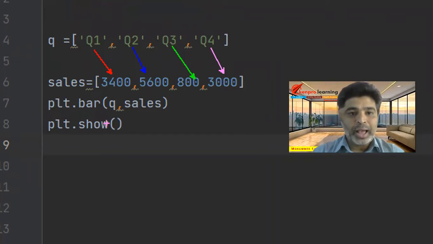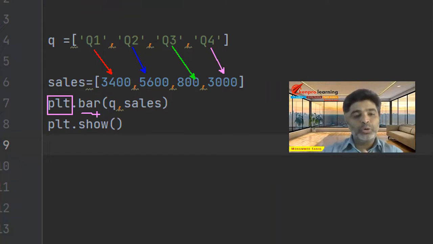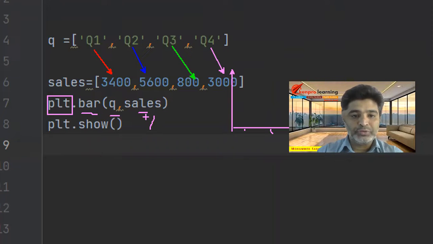I've just taken this, and for creating the chart, I have referred to plt, which is the alias of the matplotlib.pyplot library, and it has a method called bar. The bar method is going to create what type of chart? I want to create a bar chart here. Then I'm passing two pieces of information. One is the data which has to flow on your x-axis, that is the categories: category 1, 2, 3, and 4. The sales is going to be the information for your y-axis, which will be the vertical bars representing the actual sales value.